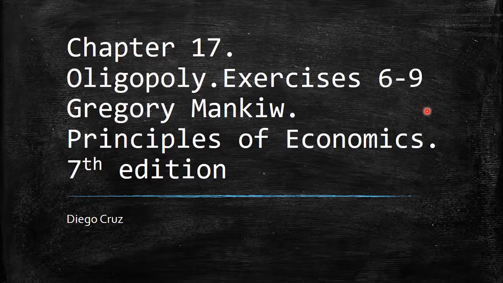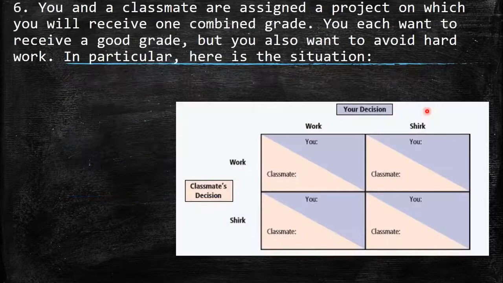We're going to discuss today again chapter 17. This is the chapter of oligopoly. We're going to work on exercises from 6 to 9 of this book, Principles of Economics, 7th edition, Gregory Mankiw. So the sixth question says, you and a classmate are assigned a project on which you will receive one